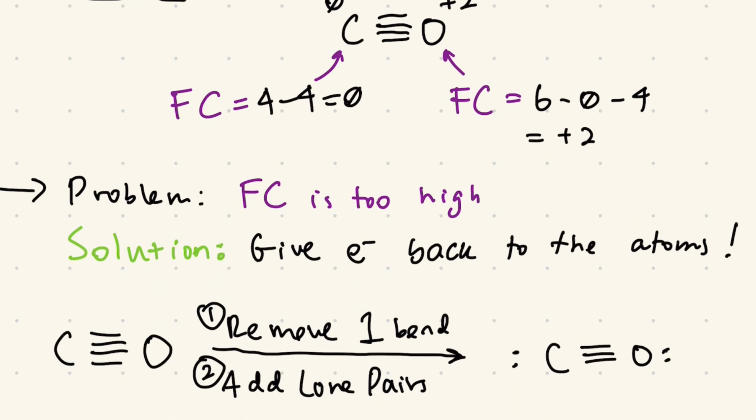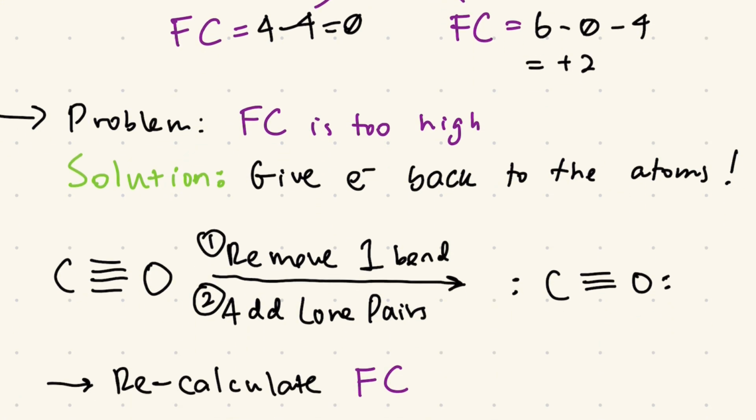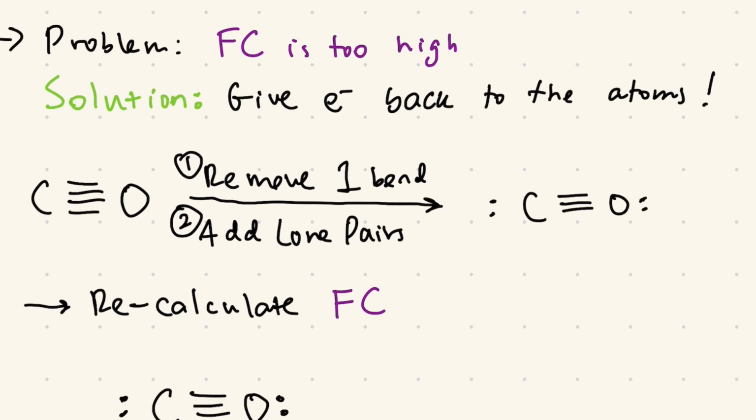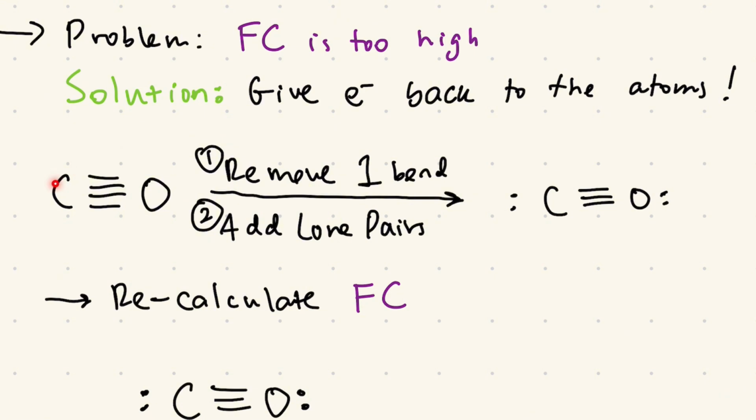And whenever formal charge is too high, the solution is always to give electrons, or lone pairs, back to the atoms by taking away bonds. So if we take our carbon monoxide as it is, remove a bond, and add lone pairs to each atom to compensate, we're left with this structure, in which carbon and oxygen both have 1 lone pair, and there's a